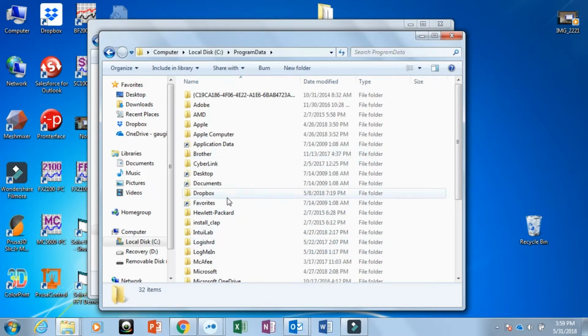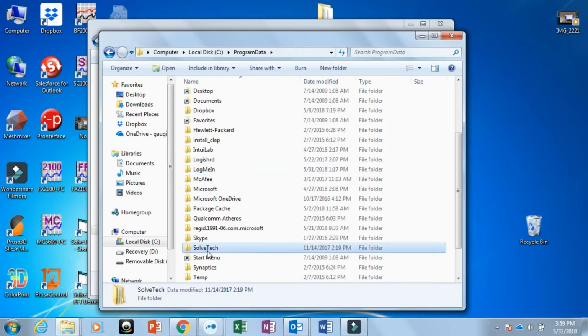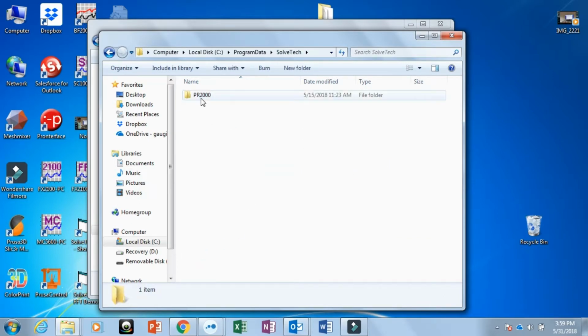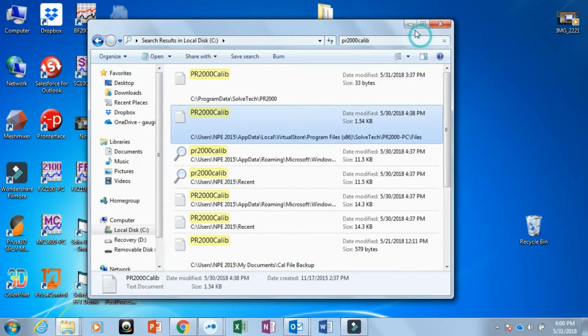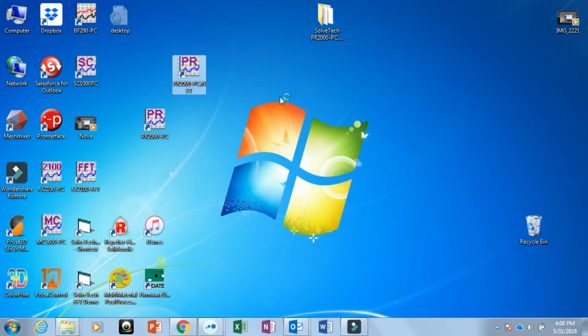And then you're going to go into SolveTech PR2000, and here's the old calib file, and I'm just going to delete that, and I'm going to paste the new one. Okay, so now when I open up the software,